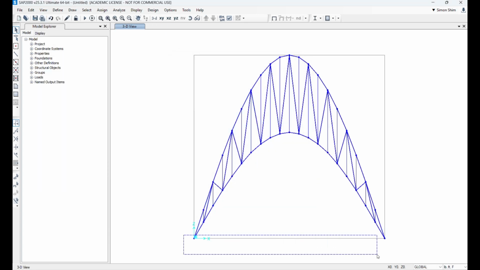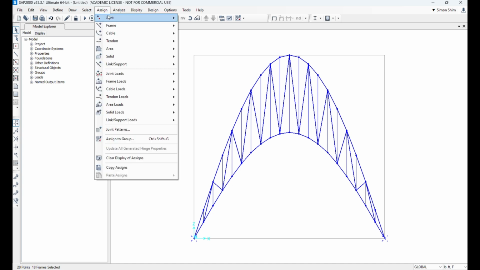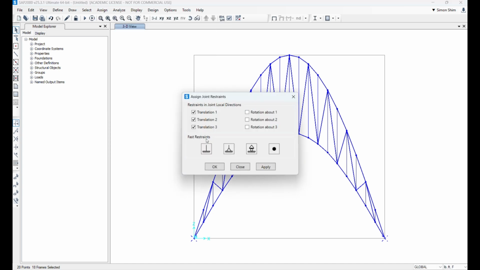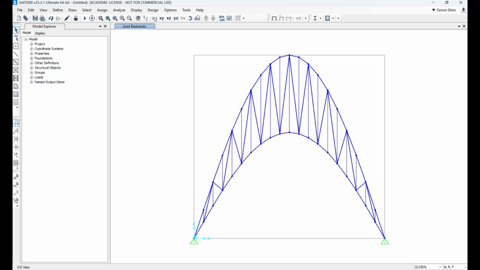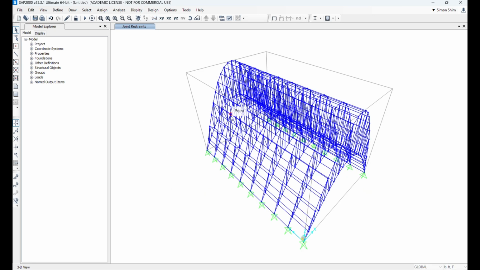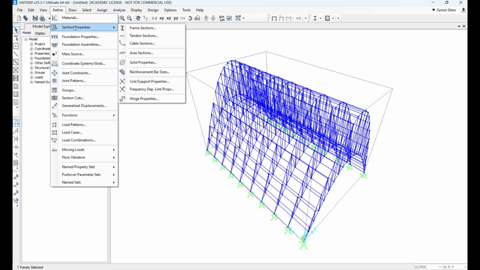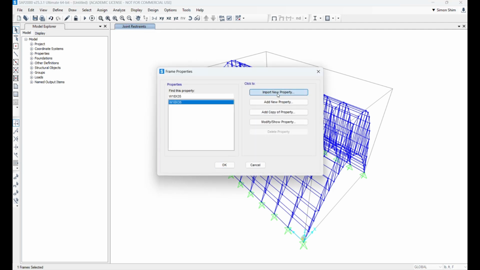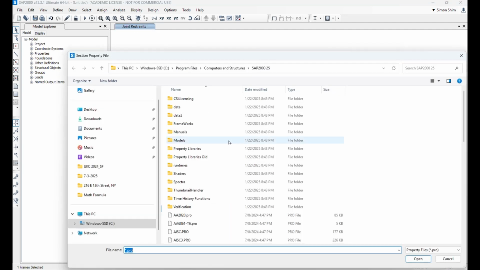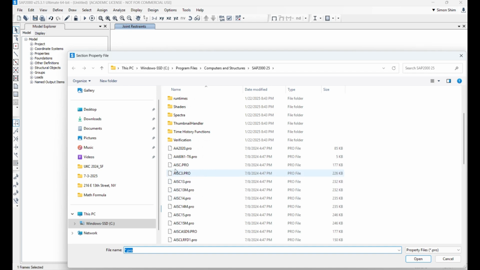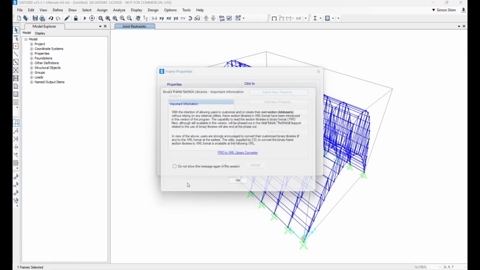Once the reference lines are imported, the real workflow in SAP 2000 begins. Start by assigning the boundary conditions. This defines how your structure interacts with its supports and the ground, whether it's fixed, pinned, or on rollers. Next, define your material properties. Choose the material type, whether it's concrete, steel, or something else, and assign preliminary section sizes that suit your design